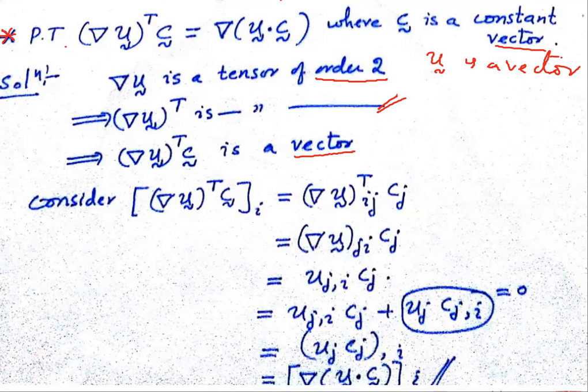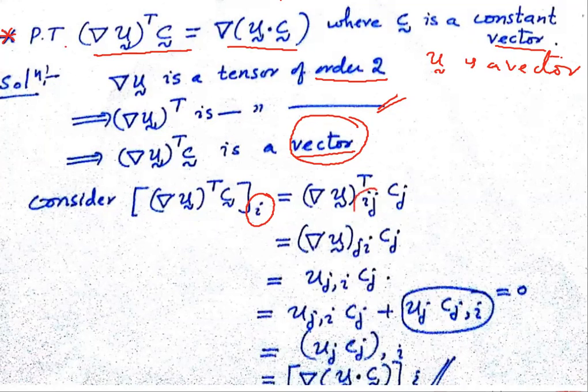So what is our LHS? We have to prove gradient U whole transpose C is equal to gradient of U dot C. So let us take the LHS. LHS is a vector. So how many free suffixes will it have? It will have one free suffix, right? And that is nothing but the product of a tensor and a vector C, right? That's nothing but gradient U transpose,